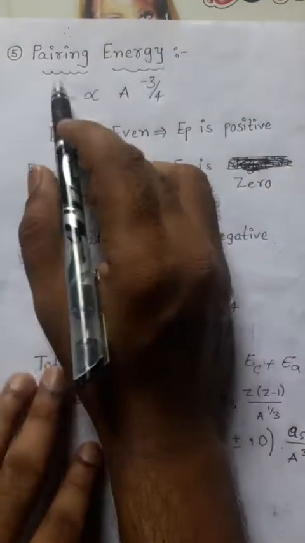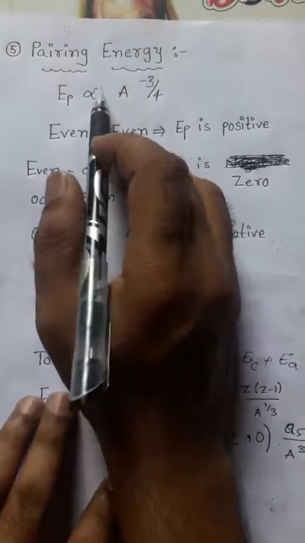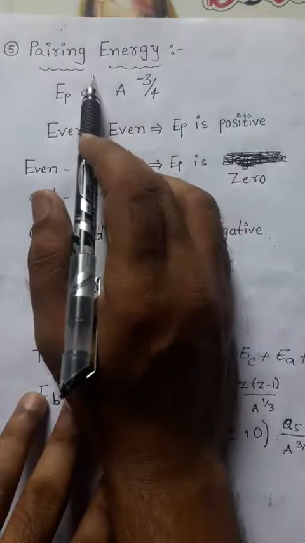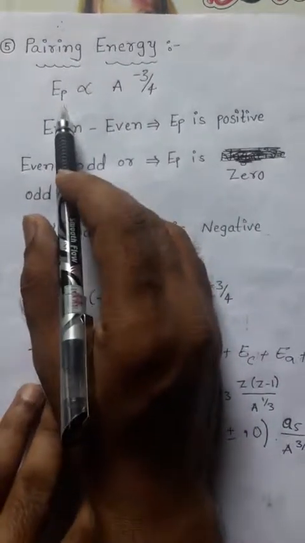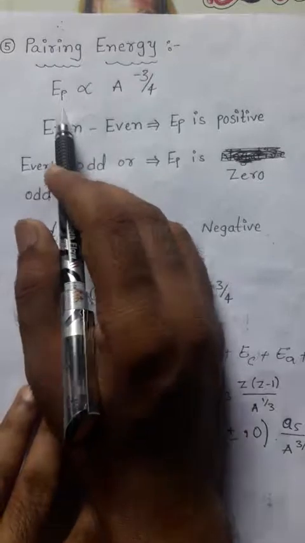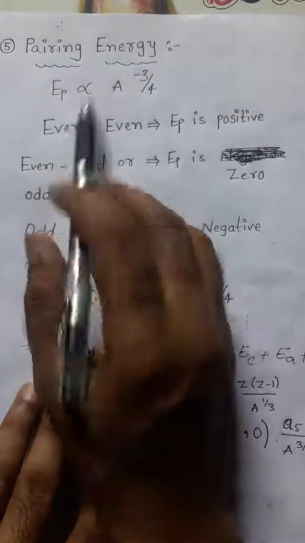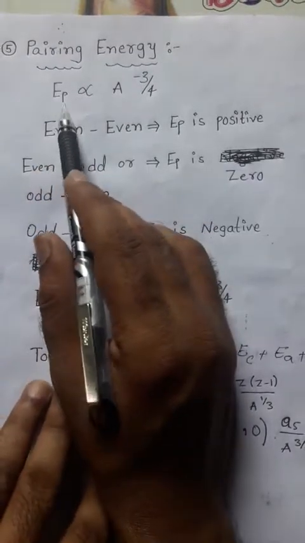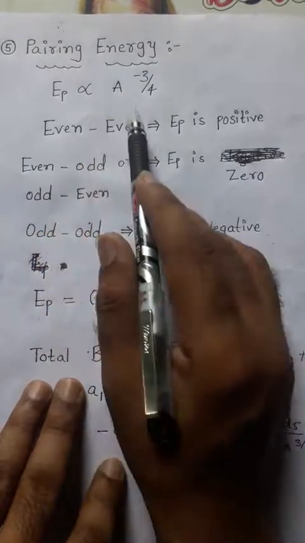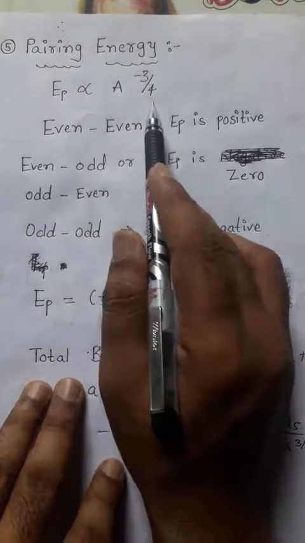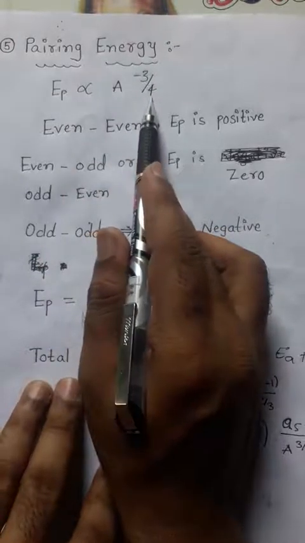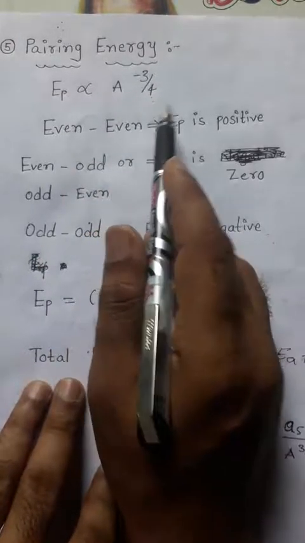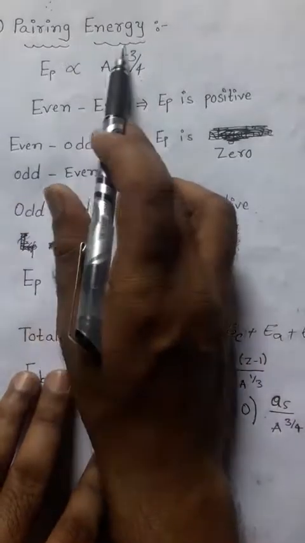Our next term is the pairing energy. This pairing energy has an expression EP proportional to A power minus 3 by 4. This expression is given purely based on experiments. And this pairing energy depends on